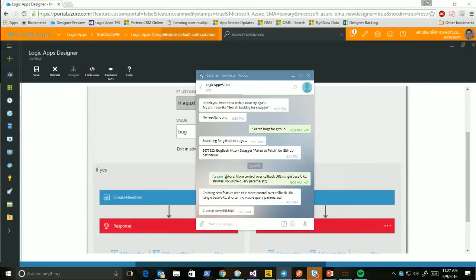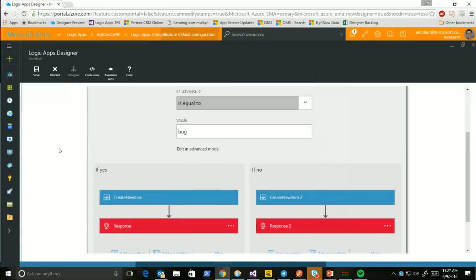What it allows me to do is say things like, hey, I want to create a feature, or I want to create a bug, or I want to search our backlog and understand if something's there. All this bot does is take whatever I requested and send it off to a Logic app, because I didn't want to have to code in all that integration to Visual Studio. I didn't want to have to worry about things like retry policies if Visual Studio was a little bit slow to respond. So I just say, hey, bot, take the command and send it off to a Logic app. And here's the Logic app I have.